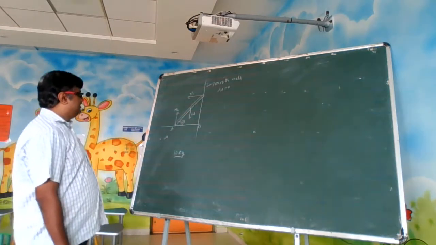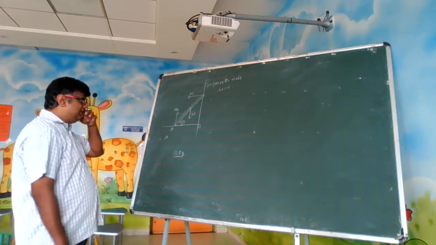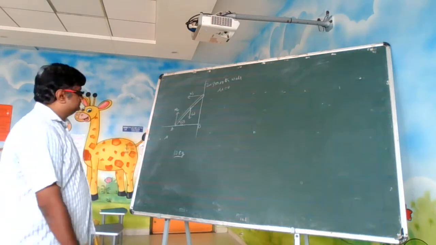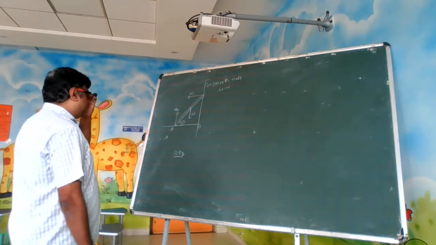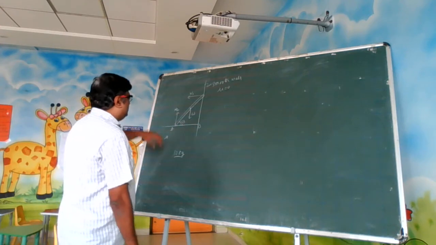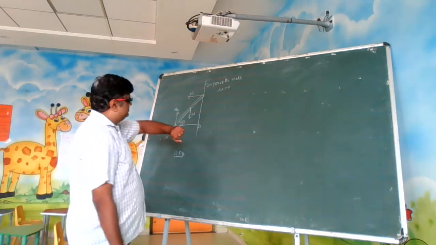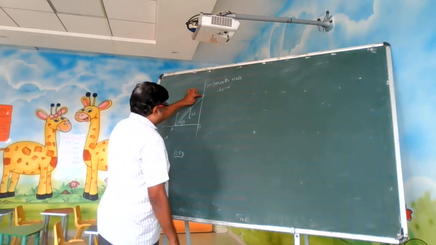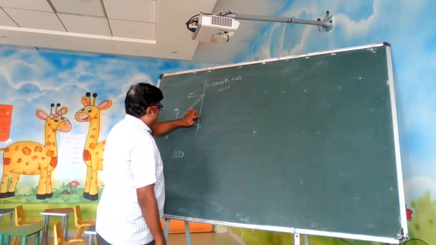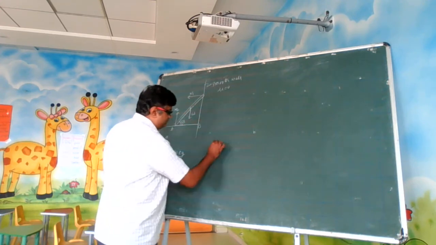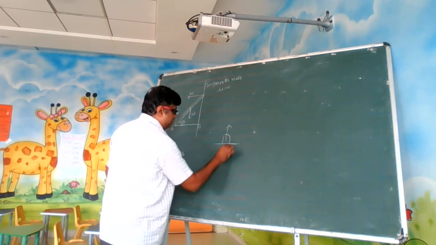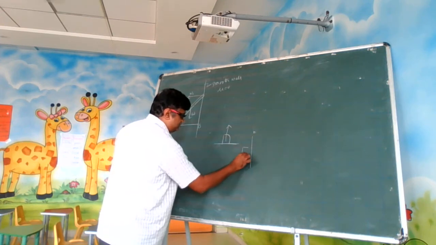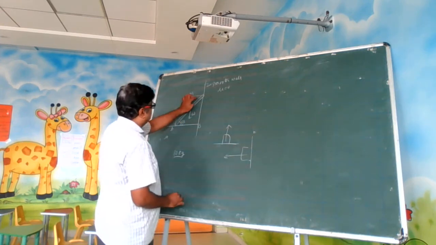And in the question they are asking you to find the value of the normal reaction. Alright, you have to attempt this question now. While attempting this question, first we have to draw the forces. See, this ladder is touching the wall here, so it will have a normal reaction. A block sitting on a table will have a normal reaction like this. If the block was like this, the normal reaction will be like this. So this is the normal